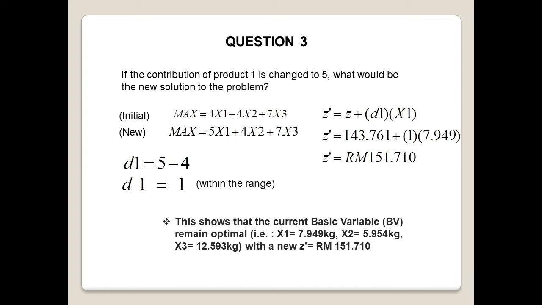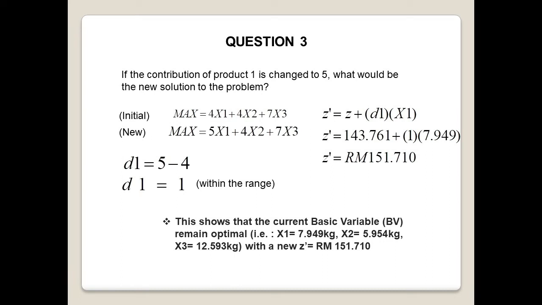The change of product 1 or D1 is equal to 1, which is within the range. After finding the change of product 1, we use the formula Z prime equal to Z plus D1 times x1 to find the new solution. We substitute the objective function value, the value of change of product 1 and also the value of product 1 to the formula. Then we will get the new solution is RM